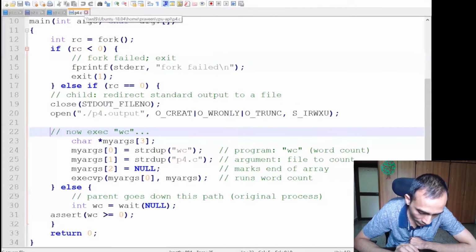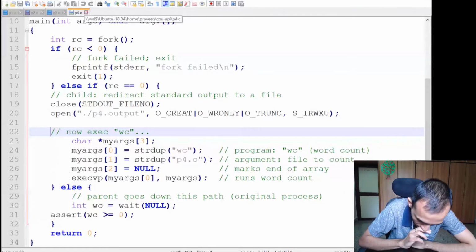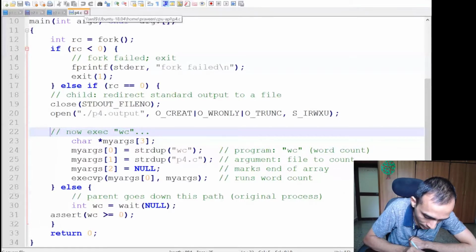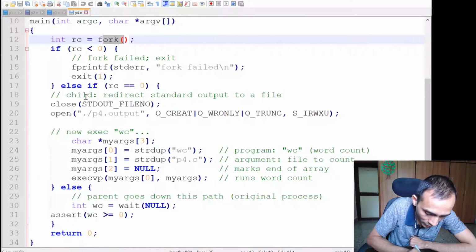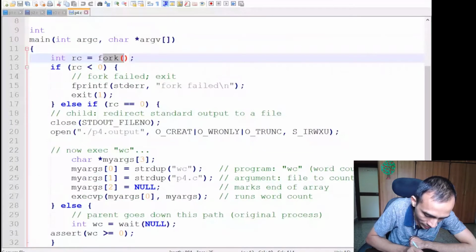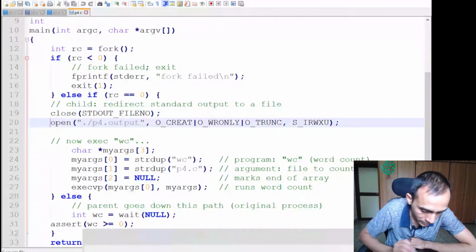For that, as you can see here, we did fork. In the child process, we run the exec command exactly the same way as we did in the previous program p3.c. But before calling exec, we are doing a slight modification. We have inserted two lines of code here.